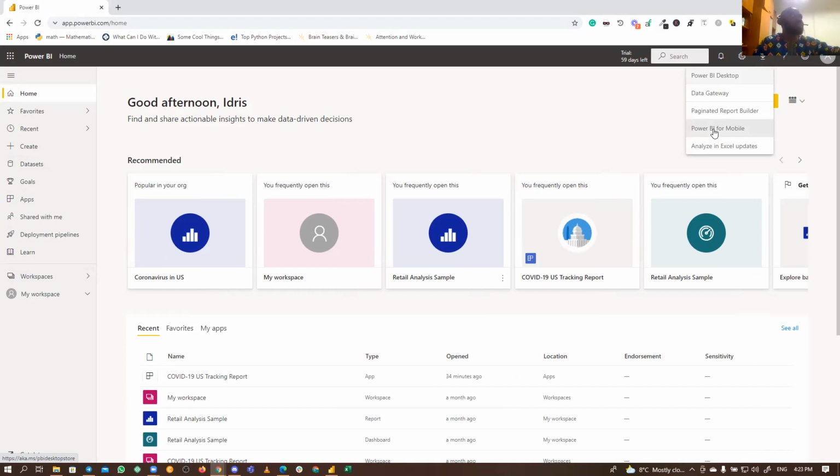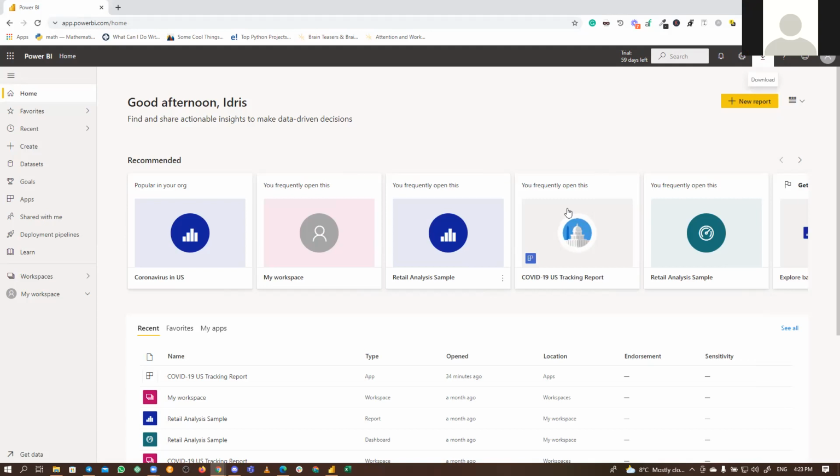Probably you are having a long flight and you need to work, not necessarily with your laptop. You can also do some things on the mobile. Yeah, I have the Power BI mobile, but it's just like the Power BI service. You need an organizational email as well. Exactly. So that's why we have it inside of this service.